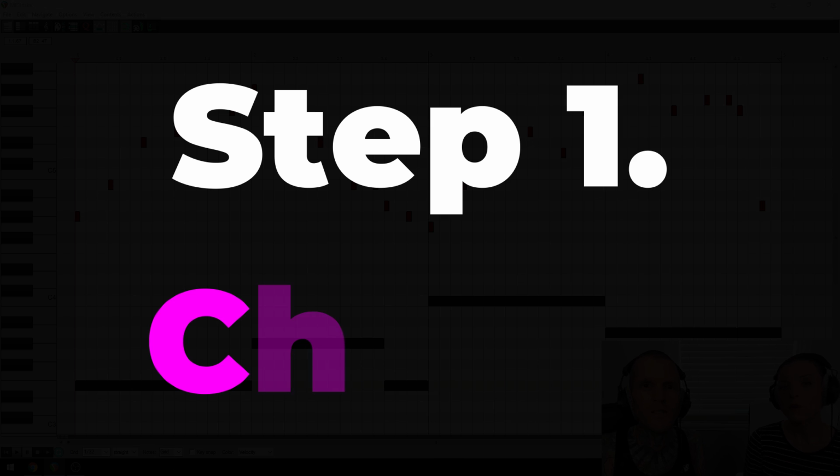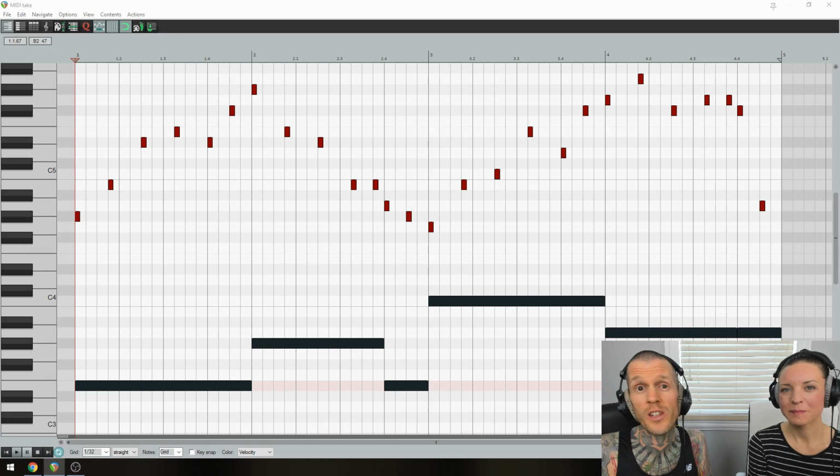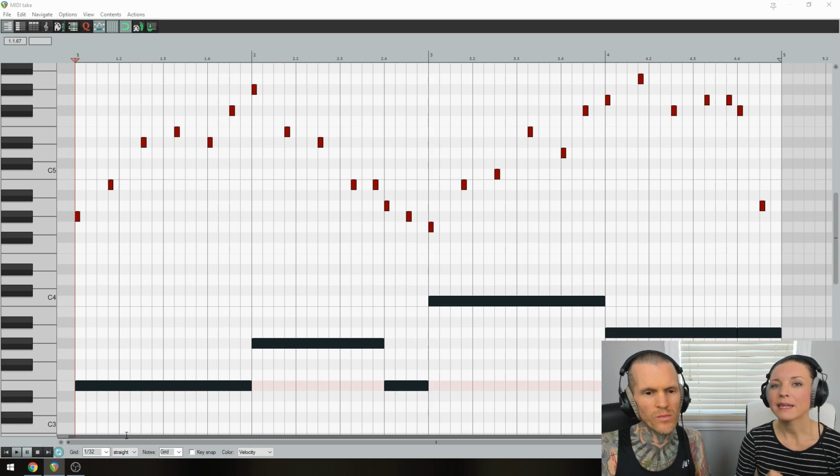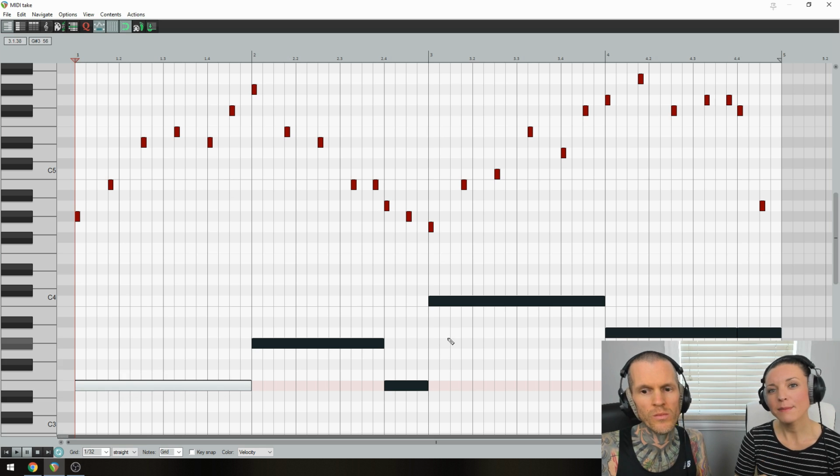Step 1. The chords. First things first, you need to write your chord progression. Choosing your chords before you write your melody will allow you to outline that harmony in your melody, which will make it more structured and therefore more memorable. So there's only a few guidelines here. Play E major in your first bar to establish it as the root chord, and play C major in your